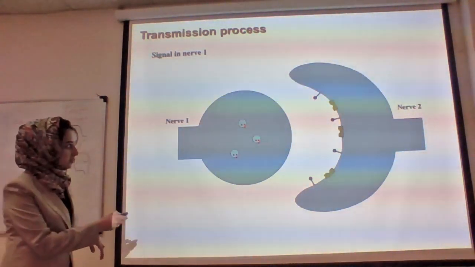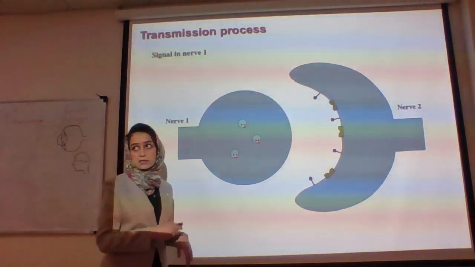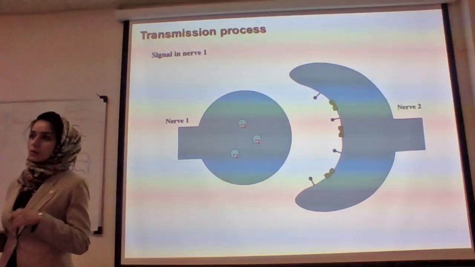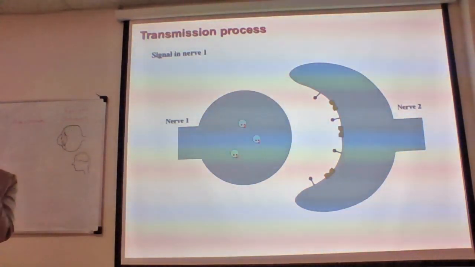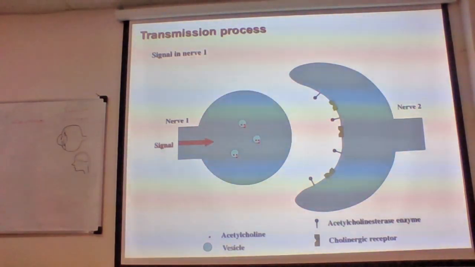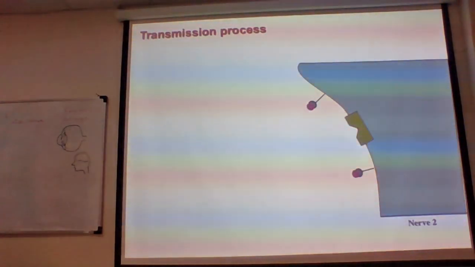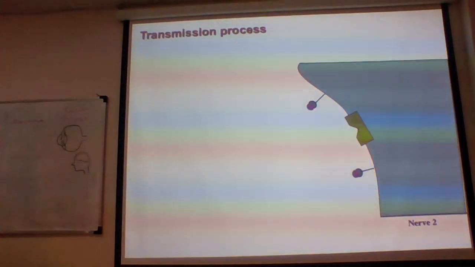When acetylcholine is released, acetylcholinesterase will cause what? Degradation of the acetylcholine. So when the signal comes, what will happen? There will be exocytosis and release of the acetylcholine, and acetylcholine binds to the receptor, and then what will happen after its action? The acetylcholinesterase